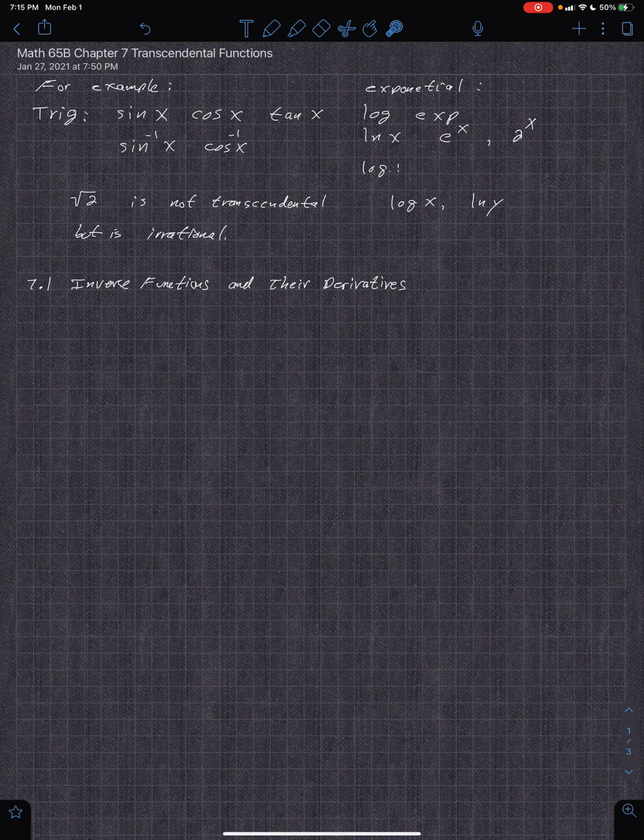And there's other types as well, but we'll look later and define hyperbolic functions. Those are also transcendental. So that's what we're talking about in this chapter. Okay, let's go on to 7.1. That is on inverse functions and their derivatives. So first we're going to talk about